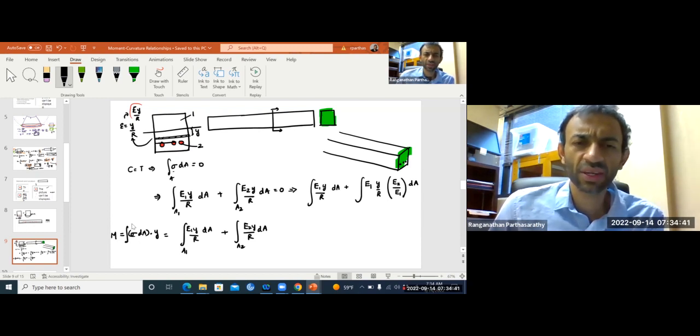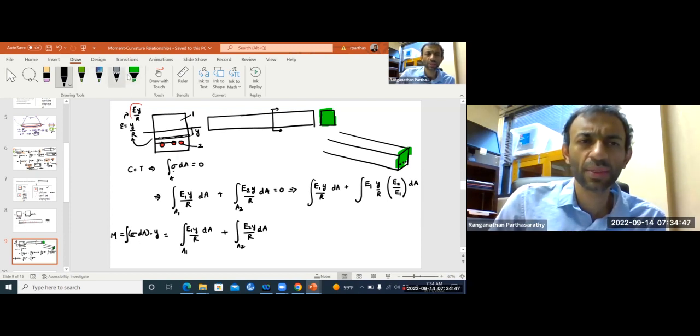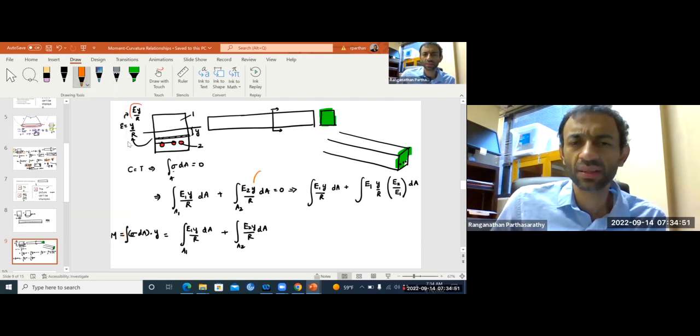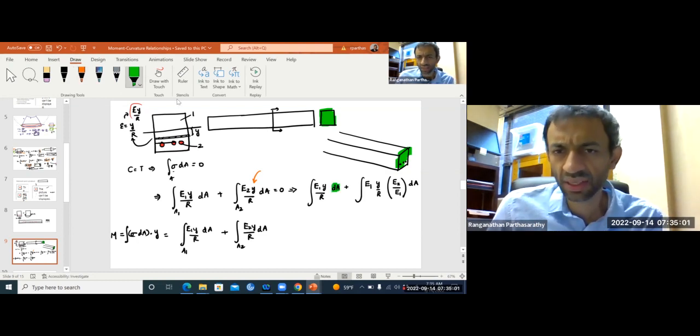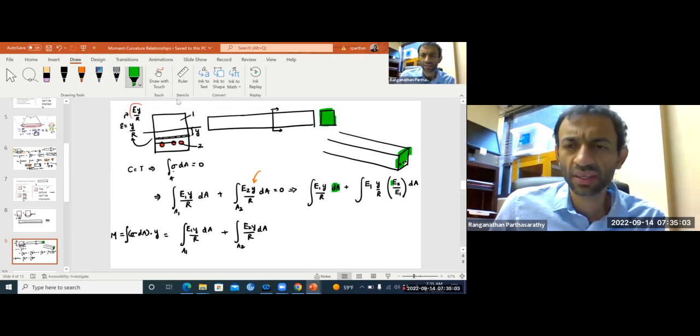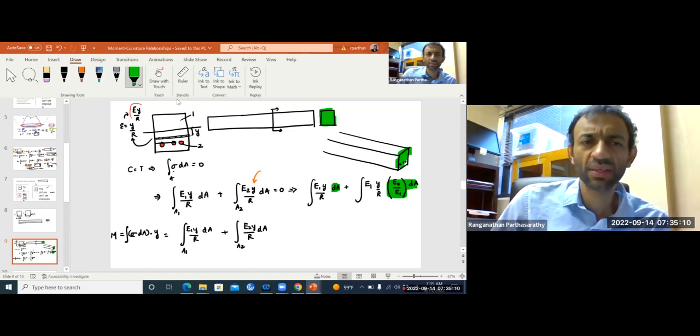In other words, all I did is I multiplied and divided by E1 in this expression and rearranged it like this. But now what's the advantage? Here you have dA. Now here I have something dA, right? So that means for material 2,